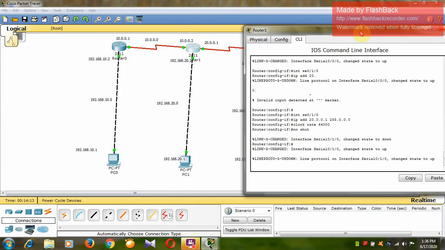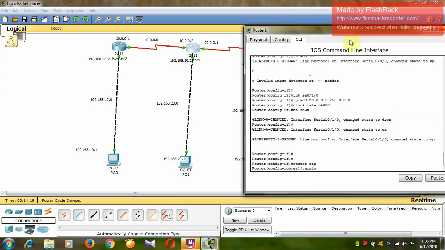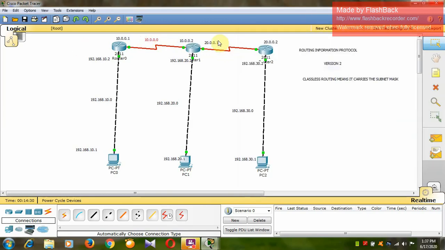Okay, so now you have to configure this router also. It is router RIP. Again you have to give the same version. Now which are the networks which are directly connected? It is connected to three networks: 10 network, 20 network, as well as 192.168.20.0 network.